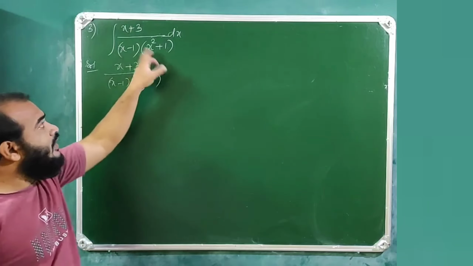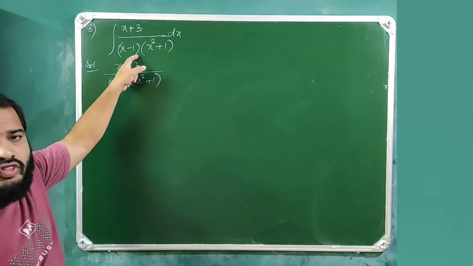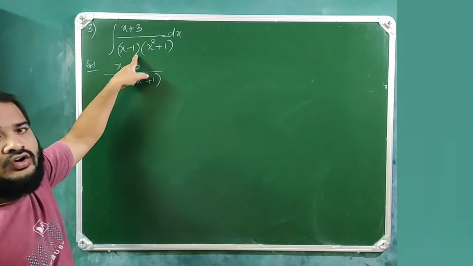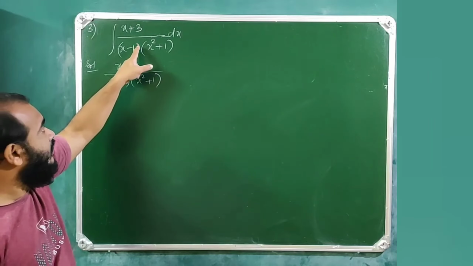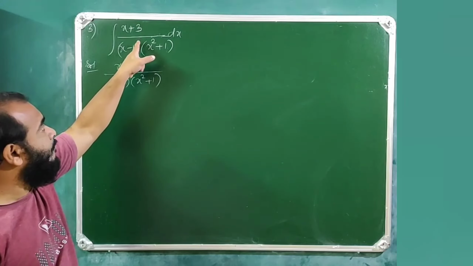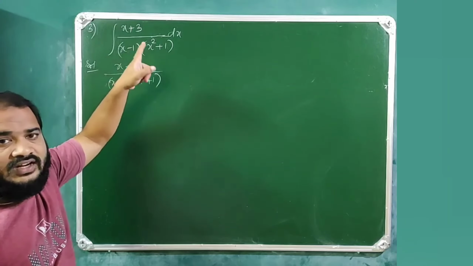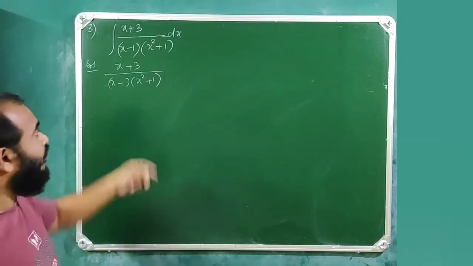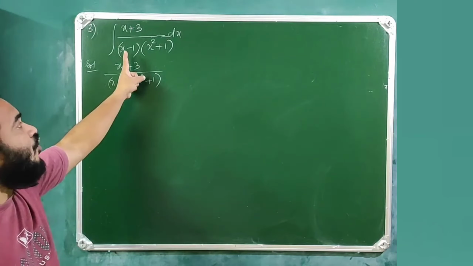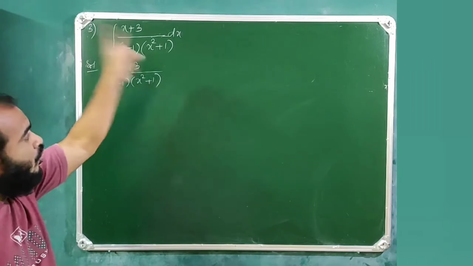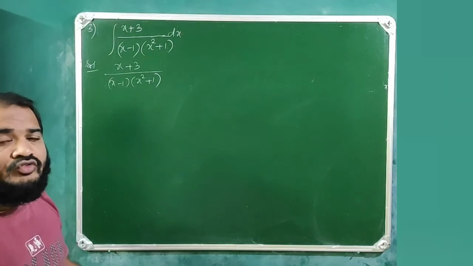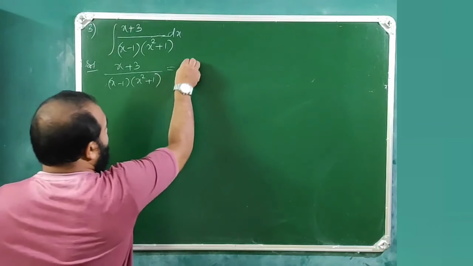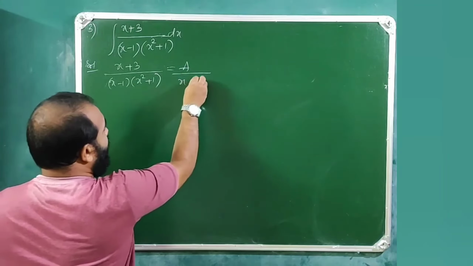And the denominator contains x minus 1. This is of the form ax plus b, 1x plus minus 1, and this is non-repeated. Had it been a power like a whole square, whole cube, etc., then it would be the repeated linear factor, type 2. But here it is not repeated. This is a non-repeated linear factor. For every non-repeated linear factor, there corresponds a partial fraction of the form A by ax plus b. Here, A by x minus 1